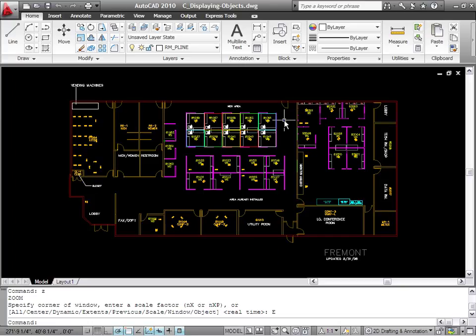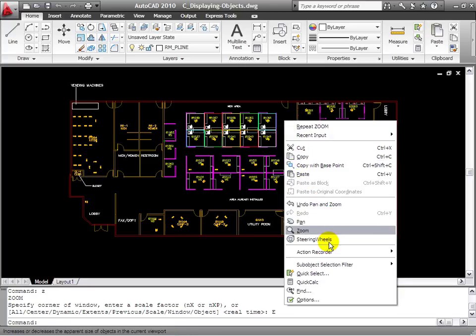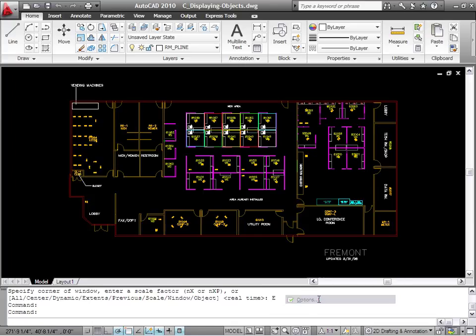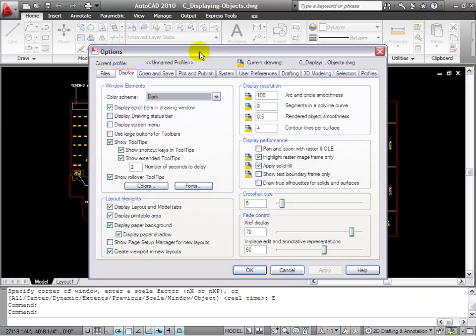So next we want to check out the settings of AutoCAD. The settings of AutoCAD, you can find in the options. In the options, you can find the settings for AutoCAD, for example, setting up the workspace from white color to black color. The one I'm having now is the black color. The place that I can set colors is in the display tab. Under the display tab, there is a colors button. Hitting the colors button here,